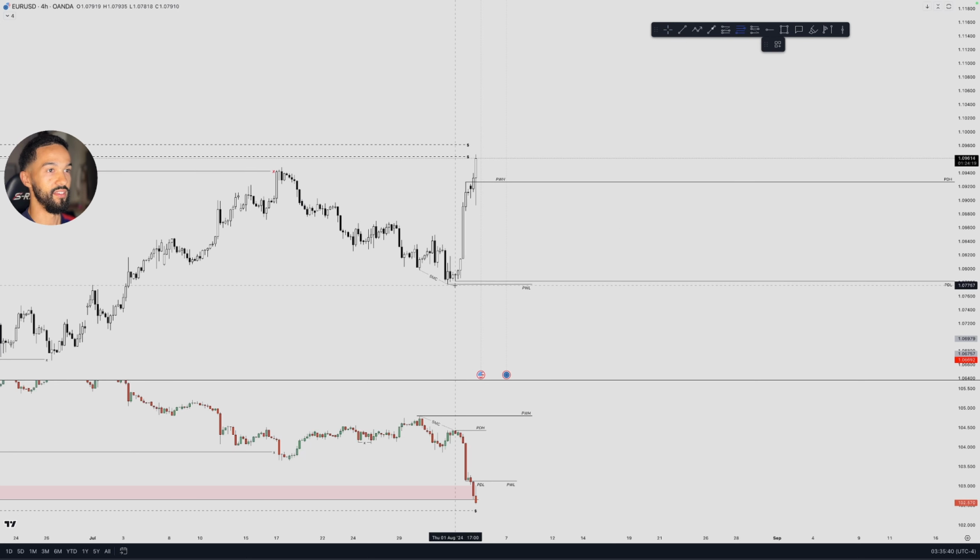At the moment, the discount is way far down. We have all of this imbalance here that price may want to fill at some point. So I'm thinking counter trend shorts. That's where my mind is going now after taking all this buy side liquidity from this trend line here and this sell side liquidity down here. So that's my motive for today.